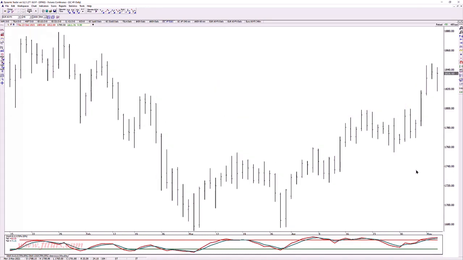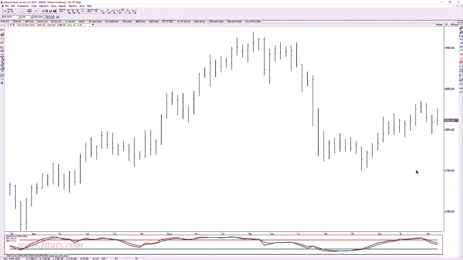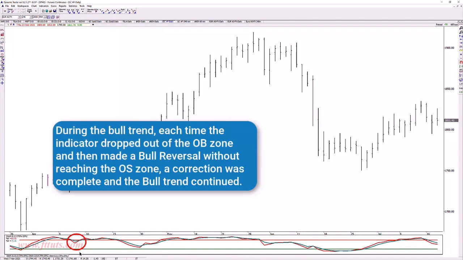So let's add some more data. I'm going to just advance the data here for several weeks or months. And again, we had a strong and consistent bull trend, and then a fairly consistent bear trend as well. Well, during this bull trend, of course, the indicator hung in the overbought zone a lot because it was an impulsive bull trend. But if we look at this, each time that the indicator then dropped out of the overbought zone and made a reversal,